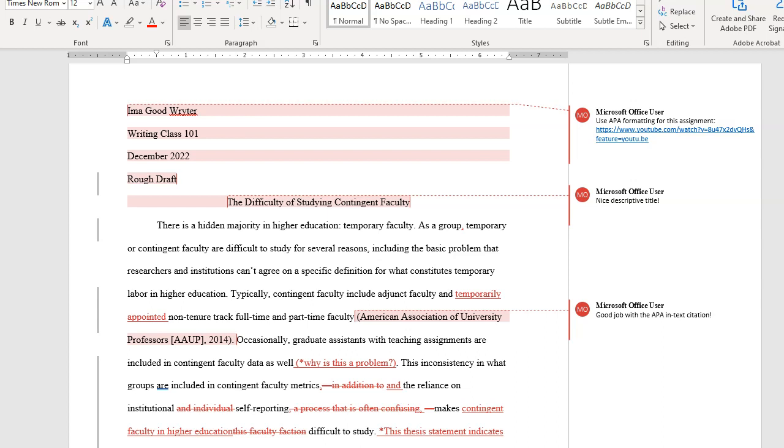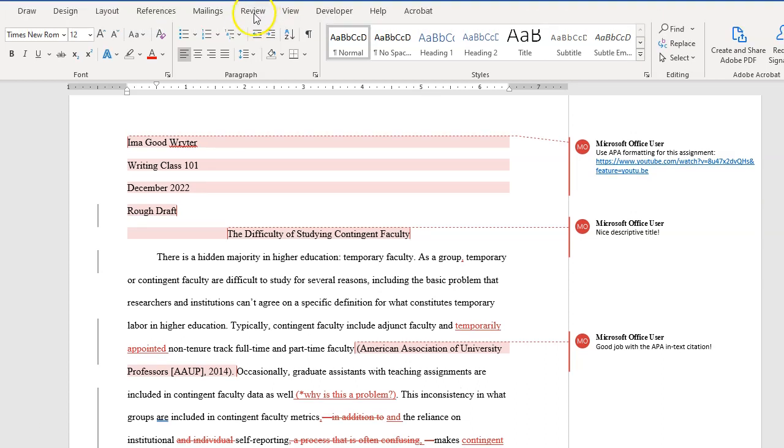However, it's risky because it might not be clear everything that they've added or deleted if they didn't have track changes on the whole time. Or you might accidentally accept changes that would be inappropriate to include in a draft. So how you would do that is you would go to the very top of the screen, and it's under